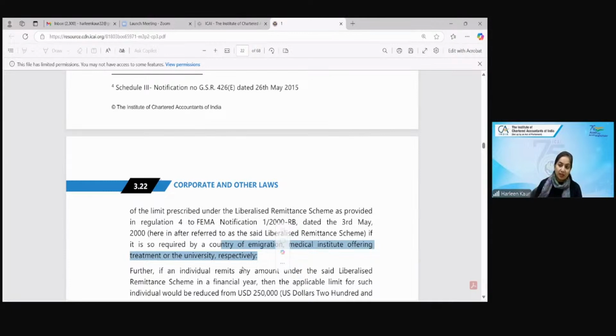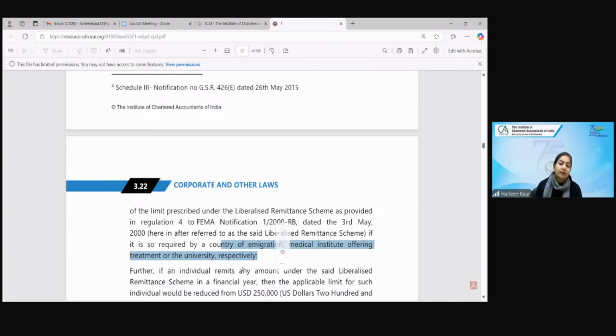So you are sending your son, Mr. H, to Oxford University, and the university has given you the papers that we need 3 lakh USD. Then no approval is required. You simply submit this document with RBI. You tell them that even beyond the liberalized remittance scheme, we can take this money abroad because we have got the certificate of the university saying that this much amount is required. Or during immigration, if the country of immigration has sent the requirement, or for the medical institute expenditures, you already have the documents, then you can simply produce those documents and no approval is required.